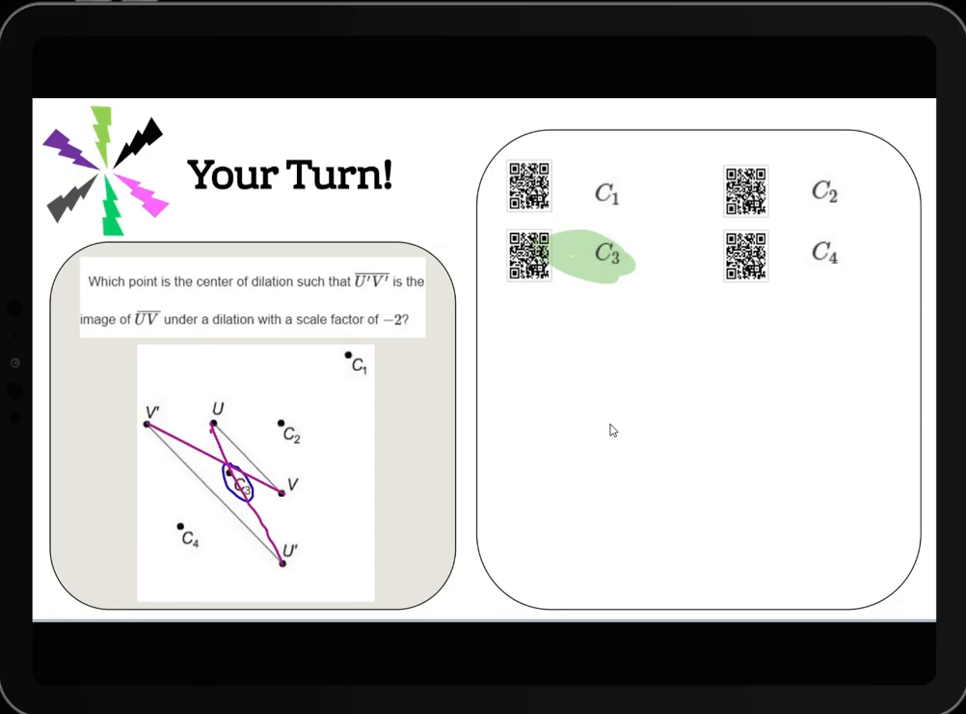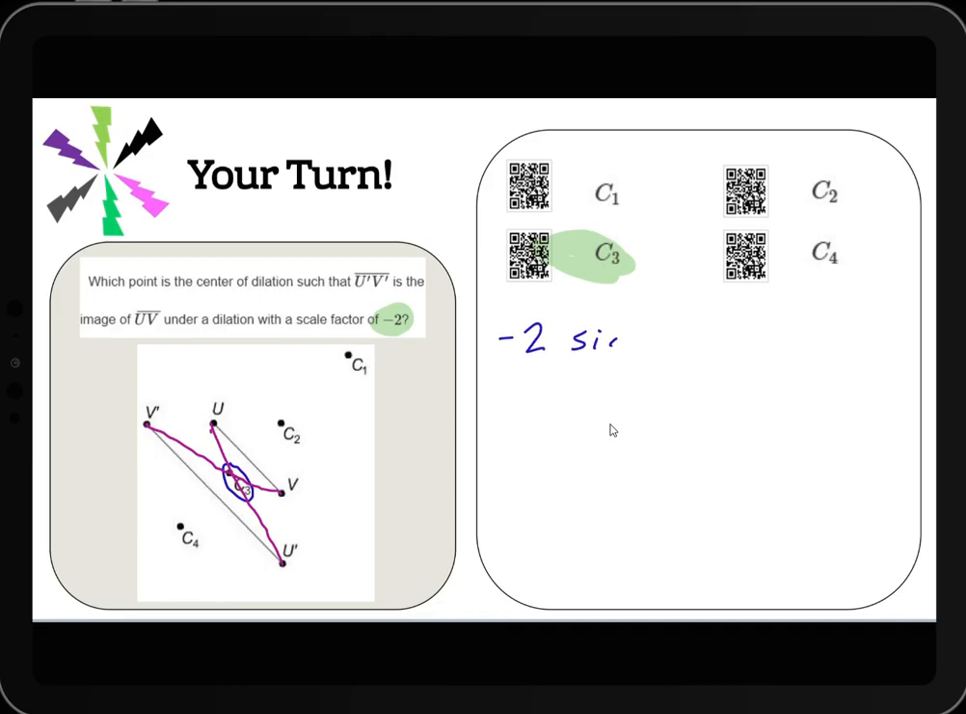And V prime also connects that way. Again, it's not 100% perfect, but it does connect. Now, I bring that up because they intersect each other at C3. However, they also told us in the problem that the scale factor was -2. So one of the little rules that we have to follow here is that